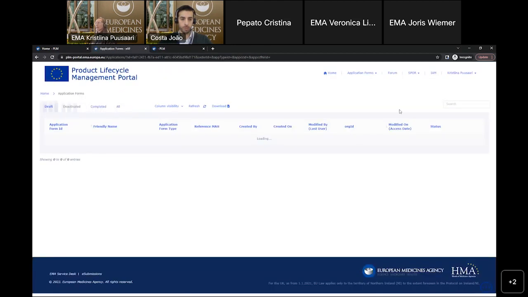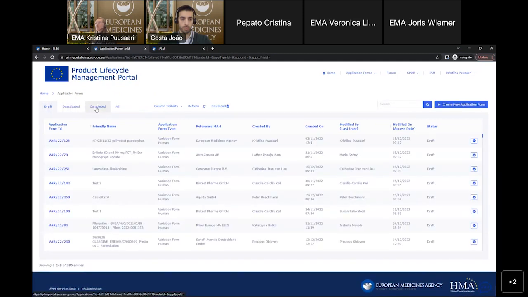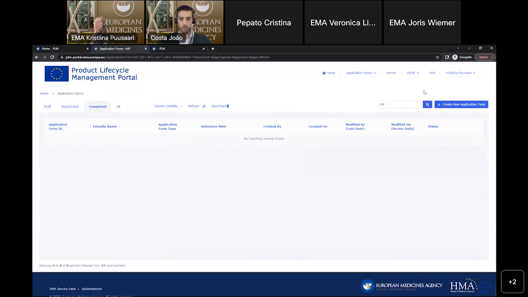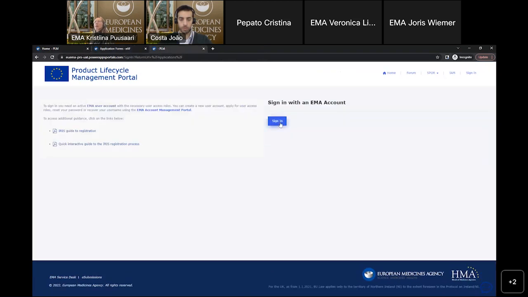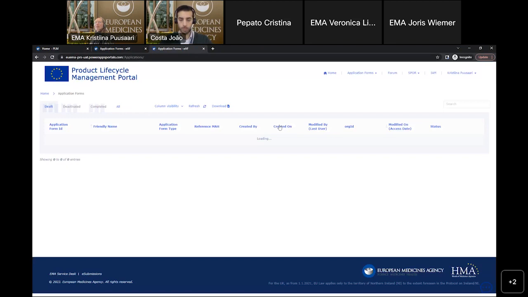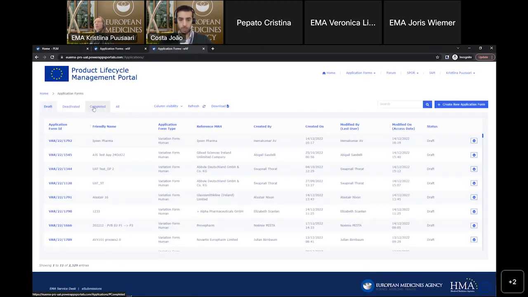We go back to this list just to give a little bit more information. If you are in the completed tab, let's see if I have any in here. I will now go to the UAT environment just to show you something. I don't want to disrupt too much of the production environment. So if we are here in the completed forms,